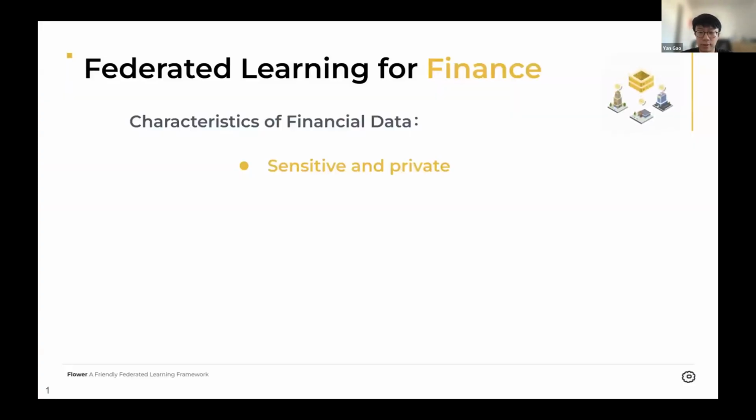Before we look into the examples, let's first check out the characteristics of financial data. The data from the finance domain is sensitive and private, and financial institutions handle highly sensitive data that must comply with strict privacy regulations. Finance also involves data silos, which means the information is isolated within different departments or organizations. And it also has the requirement of fraud detection. Detecting fraudulent